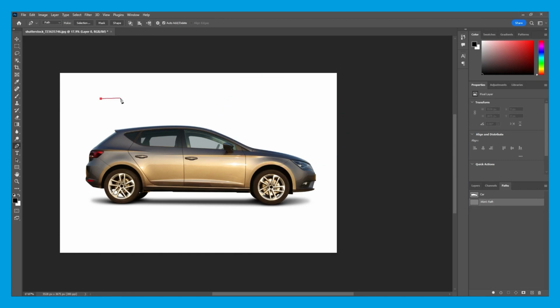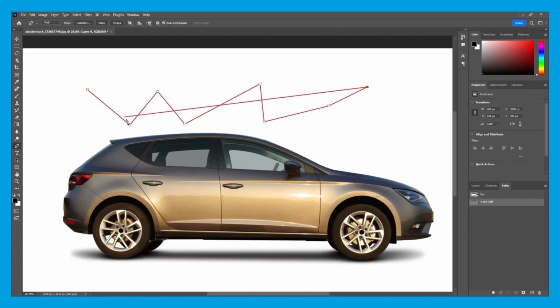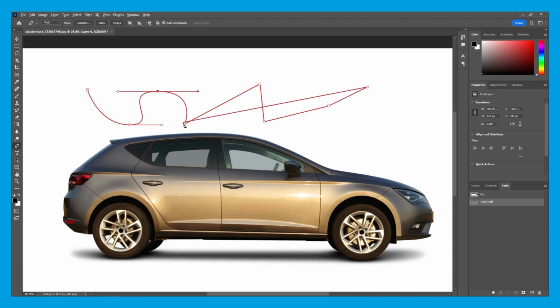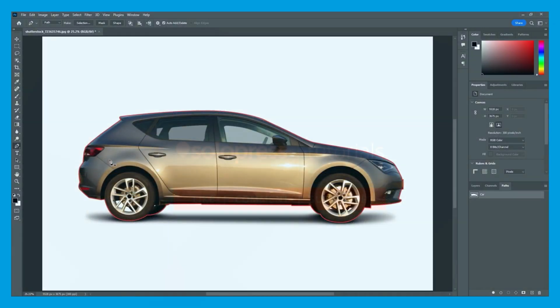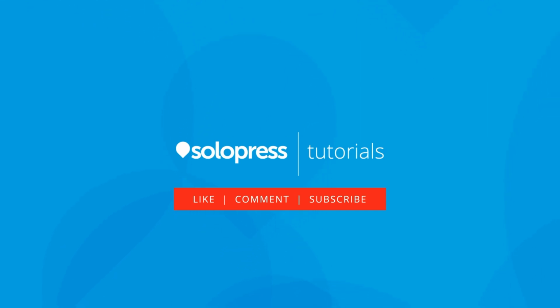Another tip I will show you is you can actually create curves from flat lines. So if I make loads of flat straight edges like this, I can actually turn these into curves by pressing Alt or Option on them and dragging, and this will create a curve like this. So hold Alt or Option, and if I drag, it turns it into a curve. And that's everything you need to know about the pen tool.